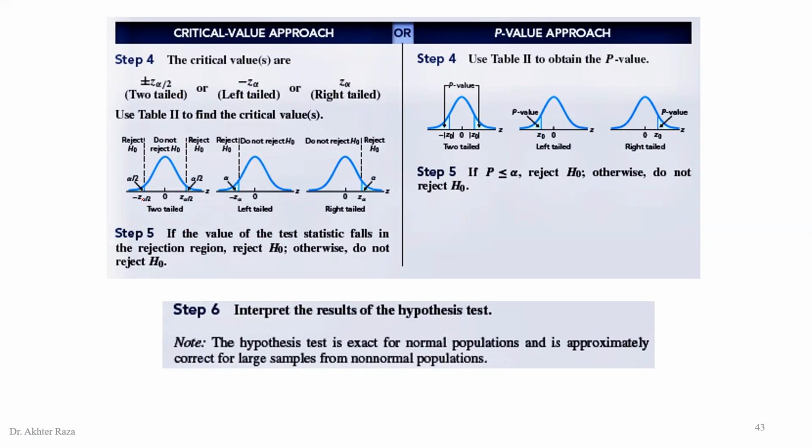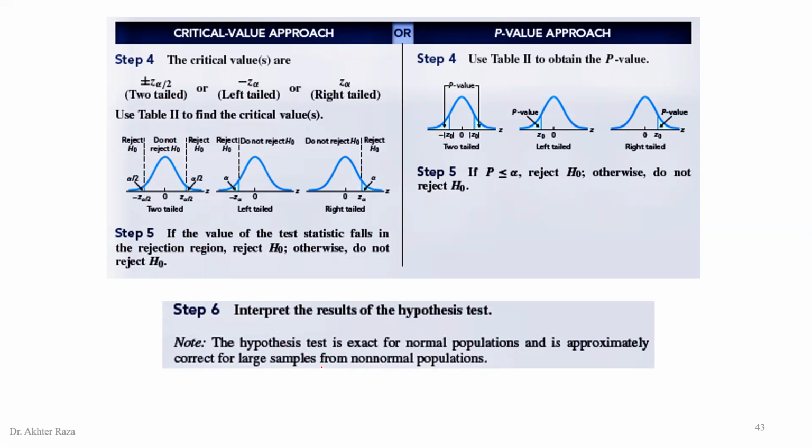In this step, we have to form the critical regions. If it is two-sided, then this critical region will be used. If it is one-sided, either this one or this one. After forming the critical region, a decision will be taken, and the conclusion will be here. So finally you have to take the conclusion